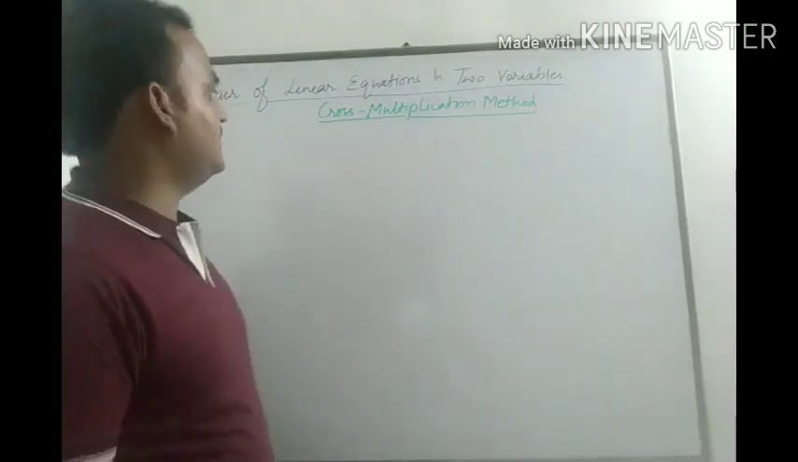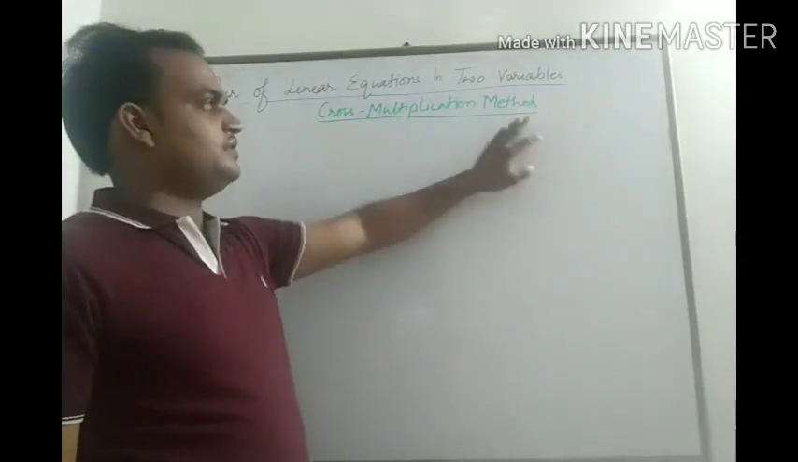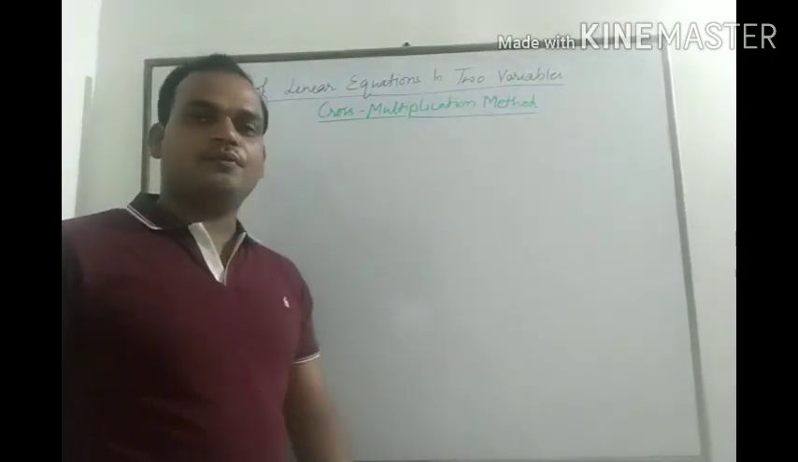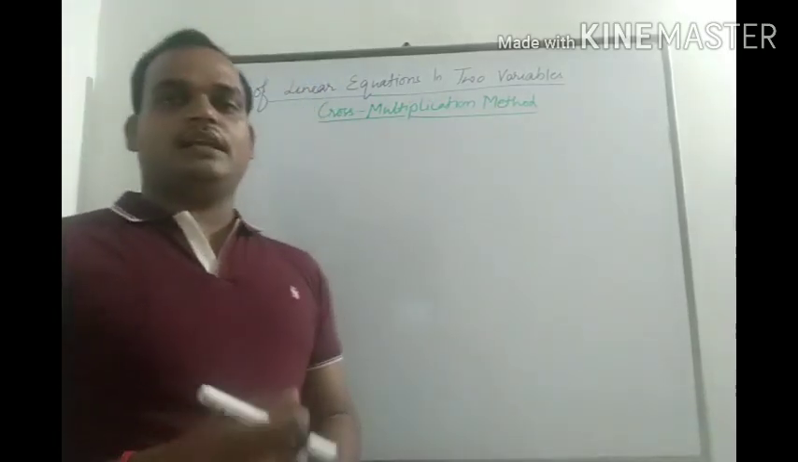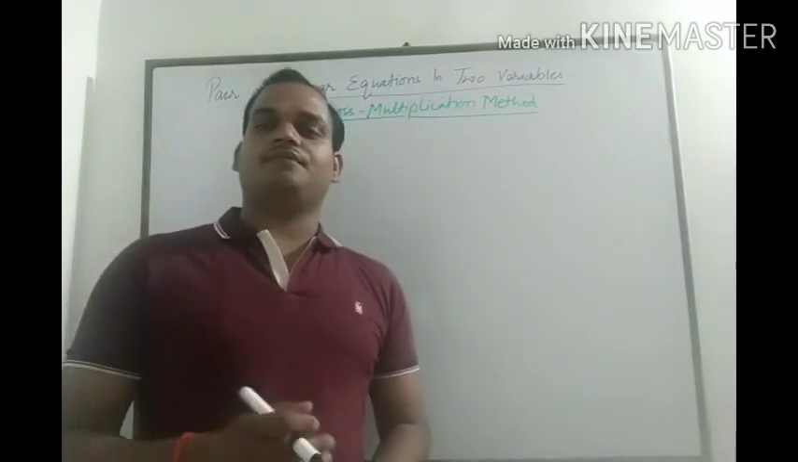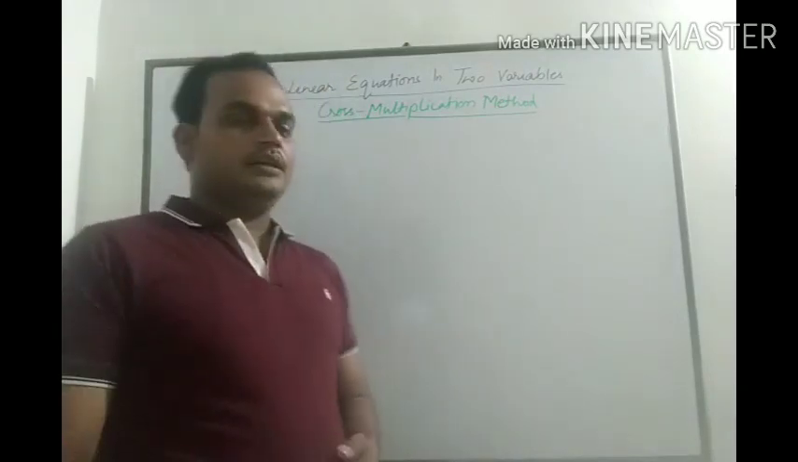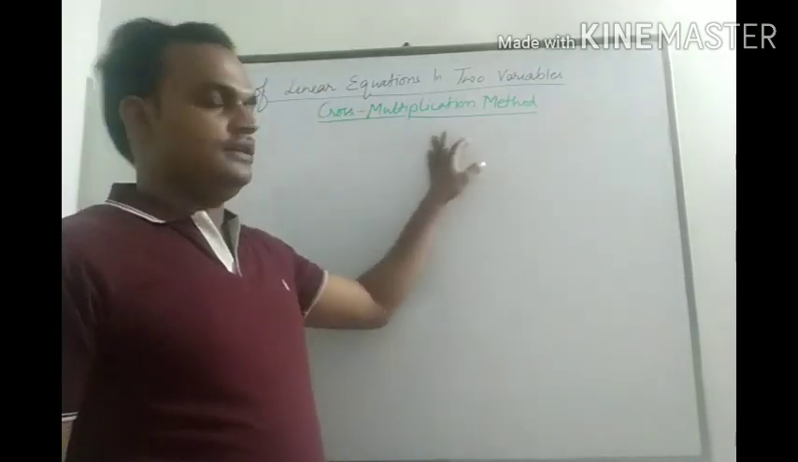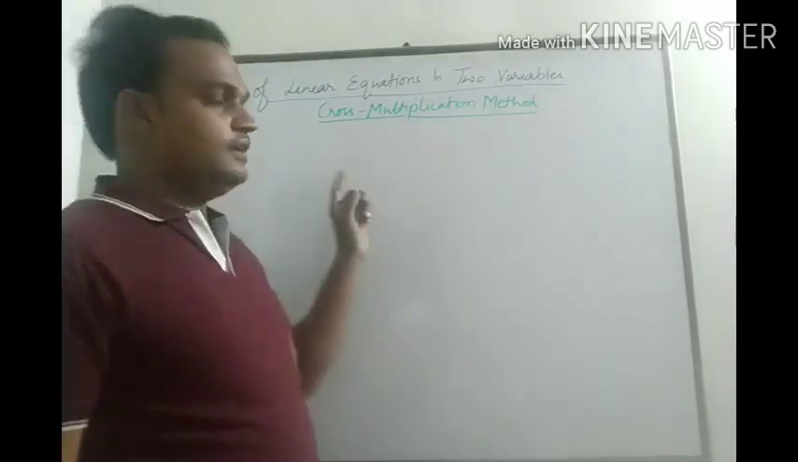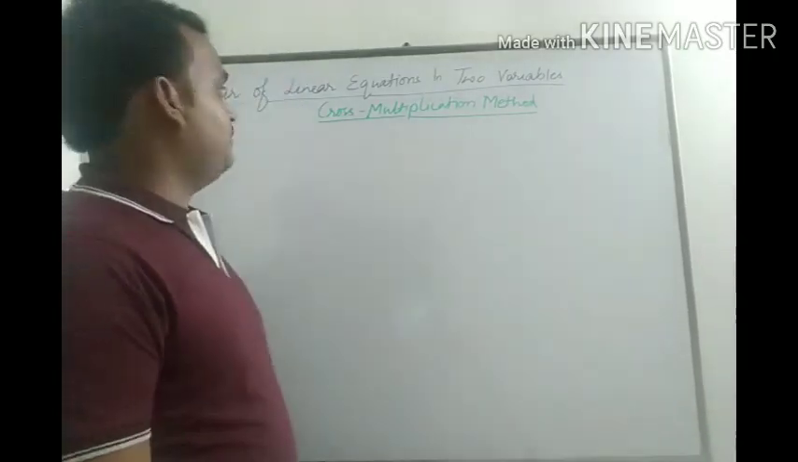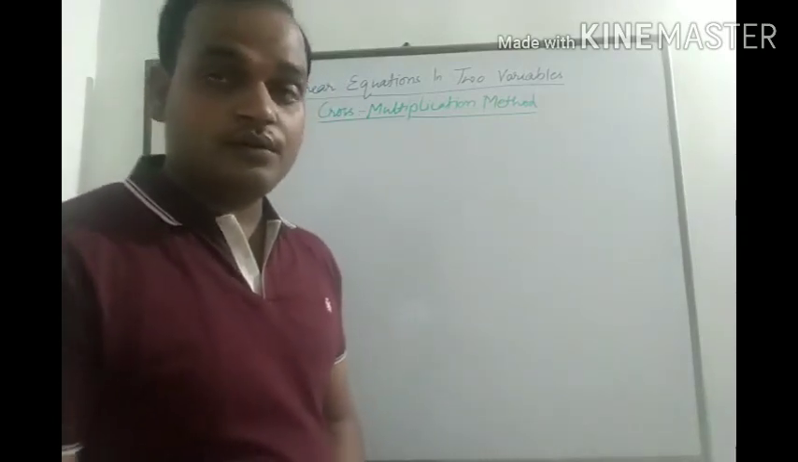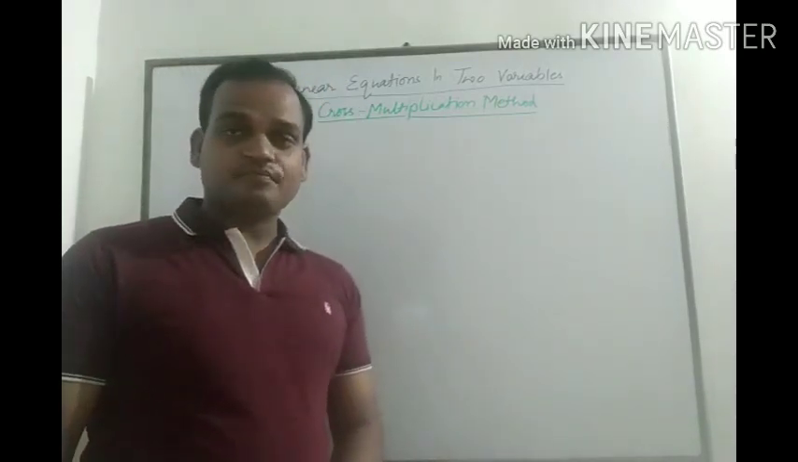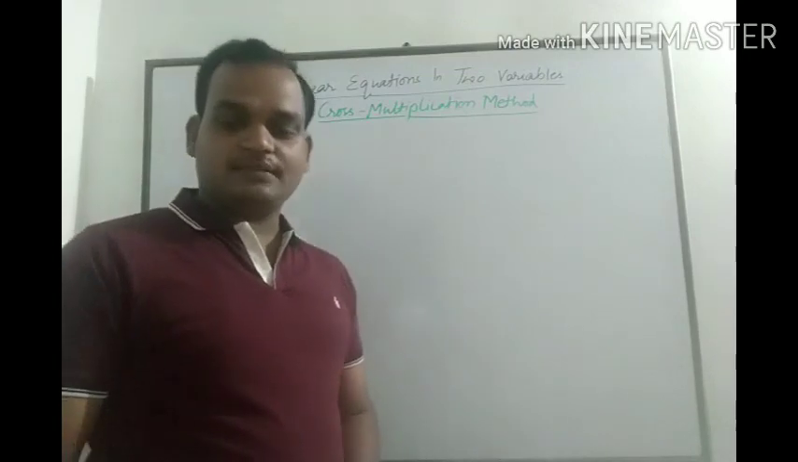Okay, let's start. Cross multiplication method. Before this method we have studied the graphical method, then the substitution method, then the elimination method. Now this is the third method for solving a pair of linear equations in two variables. So how does it work? First of all,